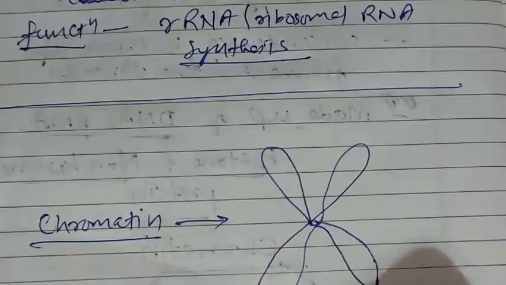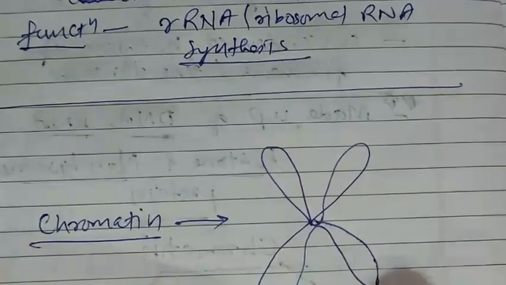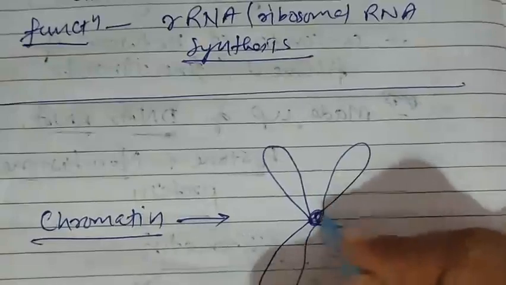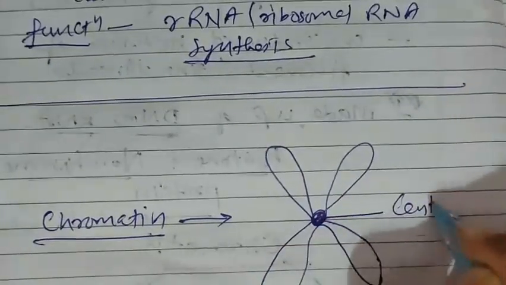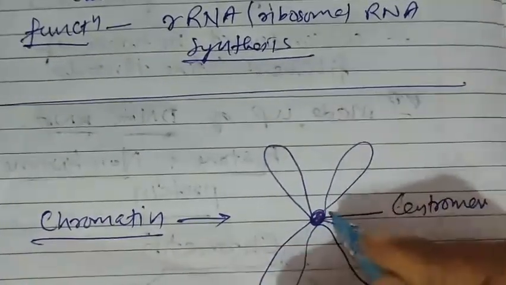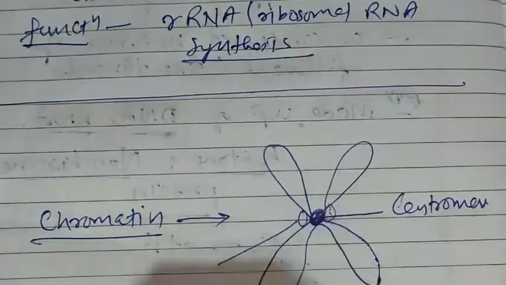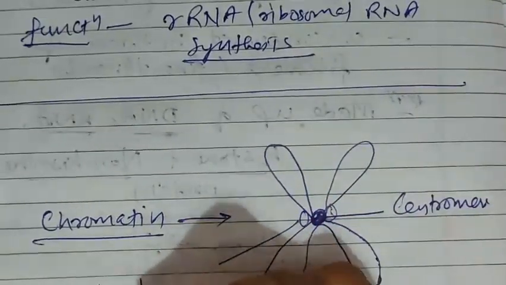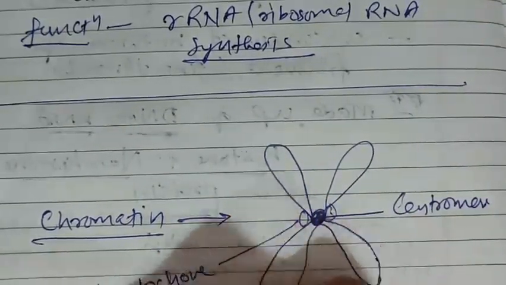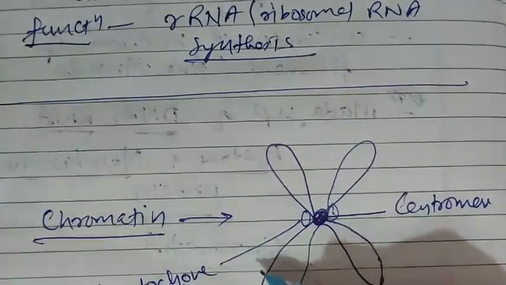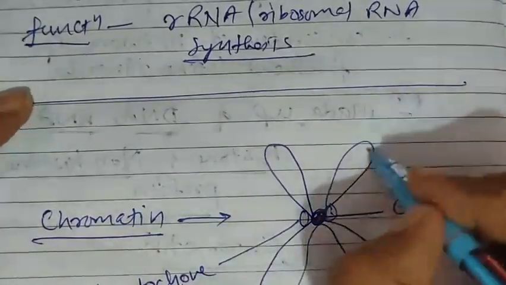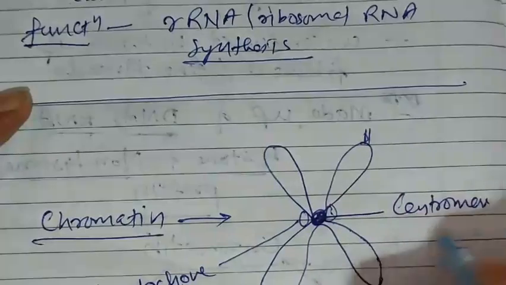Okay, and in chromosome we know that we have centromere, and surrounding to that we have a disc like structure that is known as kinetochore. On lateral side of centromere you will find a disc like structure that is known as kinetochore, and this centromere